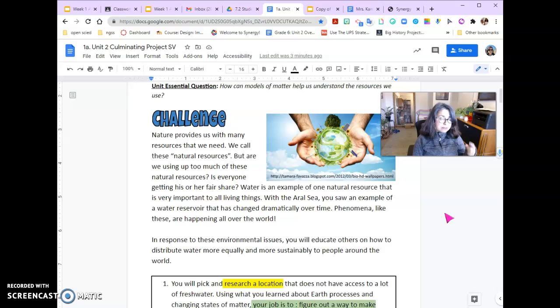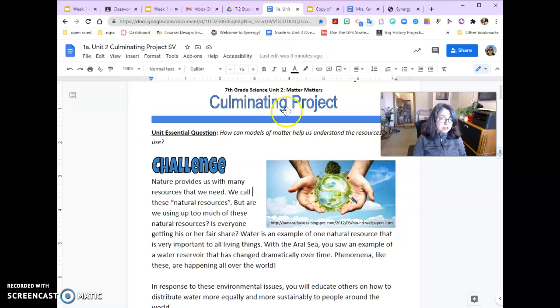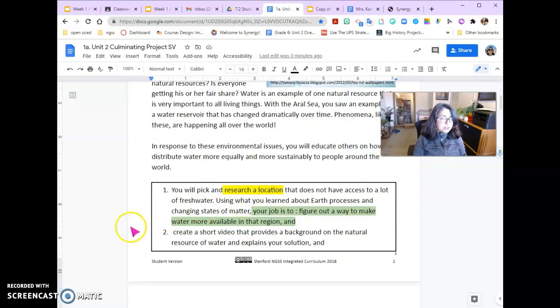two things. You're going to make a video, and you're going to make either a presentation or an article. I'll leave that open for you to choose. But you will make a video and you will make an article describing the place and saying what the problem is. Now that's really simply stated, but what you want to do is go through this culminating project document that I've assigned to you, and read exactly what it is that you will be